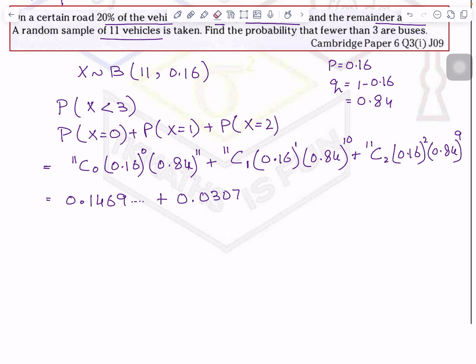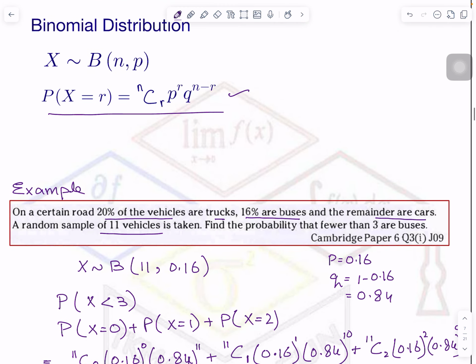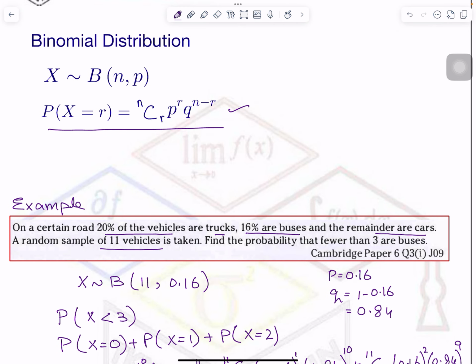Sorry, mistake here. It is 0.3078. Because the final answer you have to give in 3 significant figures, it is better you write up to 4 decimal places to get the final answer accurate. So this is giving you 0.7479. And what will you write in 3 significant figures? 0.748. Right. I hope you understood this question. It's just the application of this formula. So let's go to the next question.